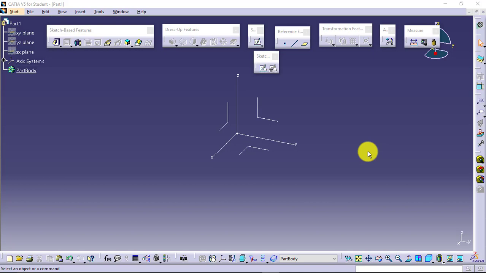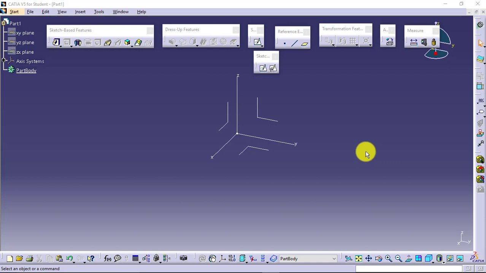Again, there was some difference when we have seen pad and shaft. Pad was behaving in some different manner for adding the material, and shaft was behaving in some different manner again while adding the materials. So similarly, we will have a feature which will again behave a bit different from the features we have seen. In this feature, again one feature is for adding the material, another feature for removing the material.